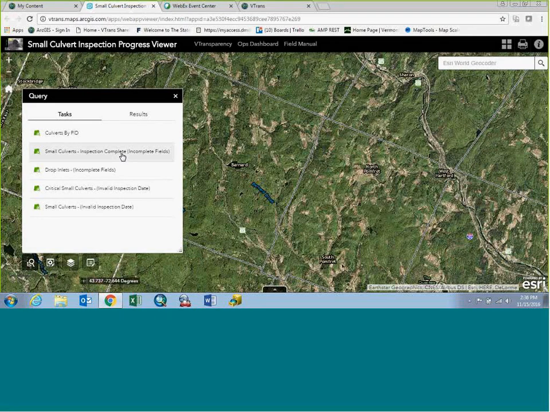So whether it's barrel separation, or it's outlet sediment, or stuff like that, all them fields have to be filled out at some point in time, and this is a tool for you to use so that it'll zoom to and highlight all of the features within your district, so that you can update them fields. So if we go into this,